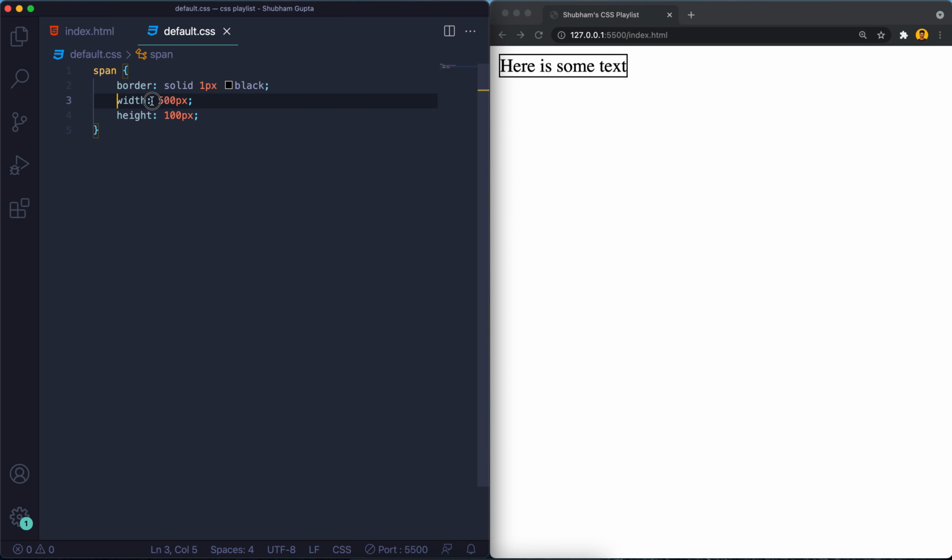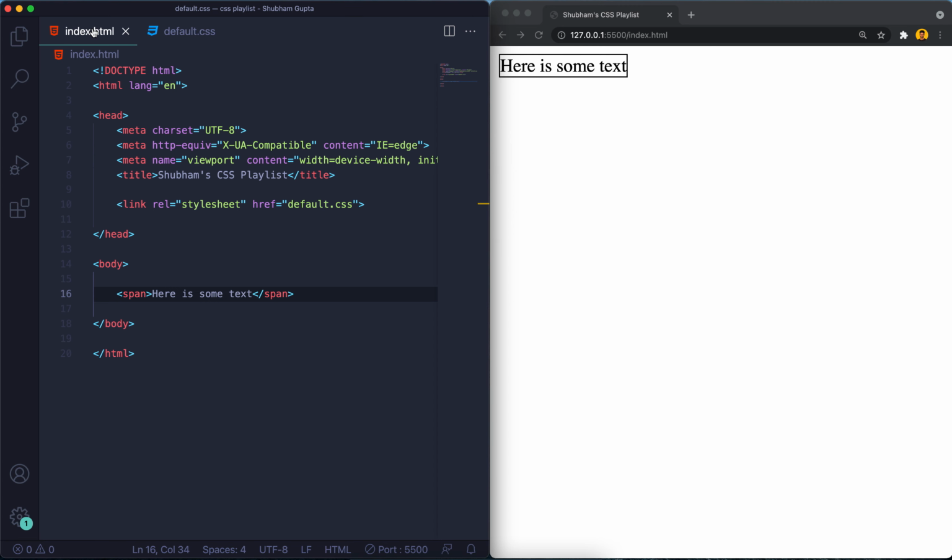And why is it not reflected? Whenever you are taking any span tag, this is an inline element. So understand these two things. There are two kinds of elements, one is inline and one is block. So I'm going to use a div over here.